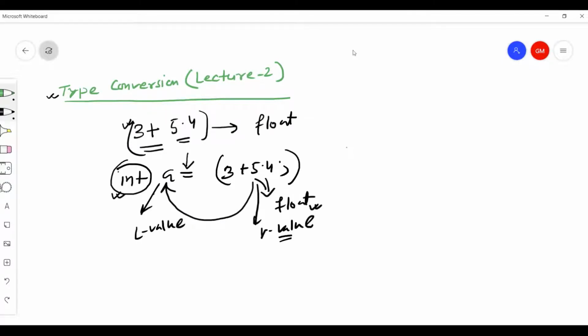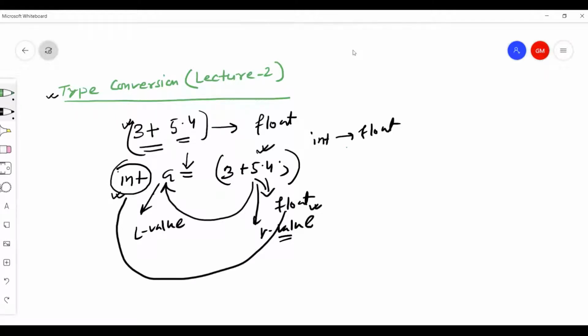In the earlier case, type improvement was performed. Now type demotion will be done. Why demotion? Because for this expression, it is converted from integer to float, but when you perform the assignment, the float will become integer.